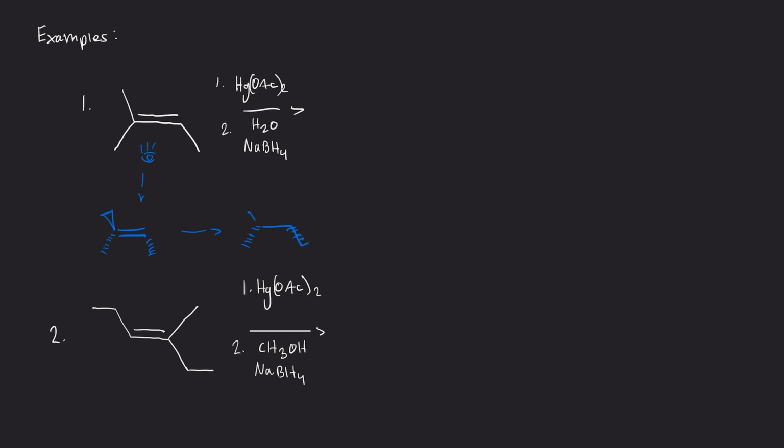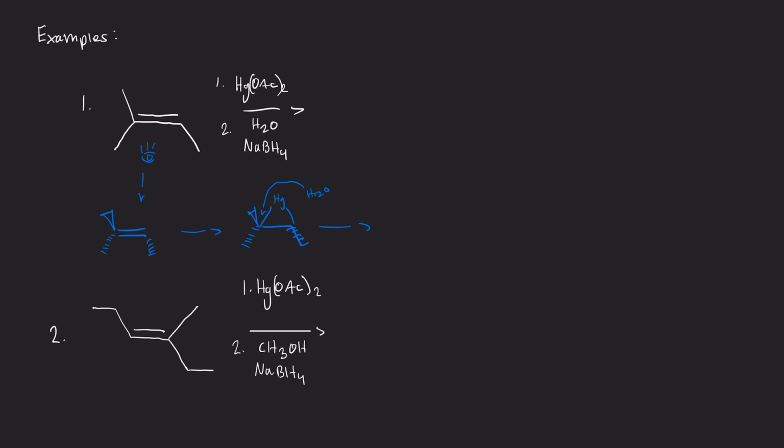Oops. That is on a wedge. I mean, on a dash, by the way. Sorry. And our three-membered ring will form here, right? Our water will attack the more substituted carbon, which is on the left there. And remember, it's anti-addition. So if you remember back from Newman projections,